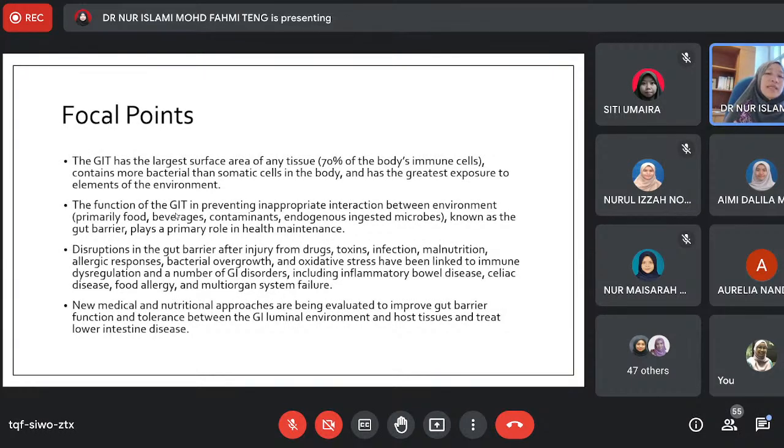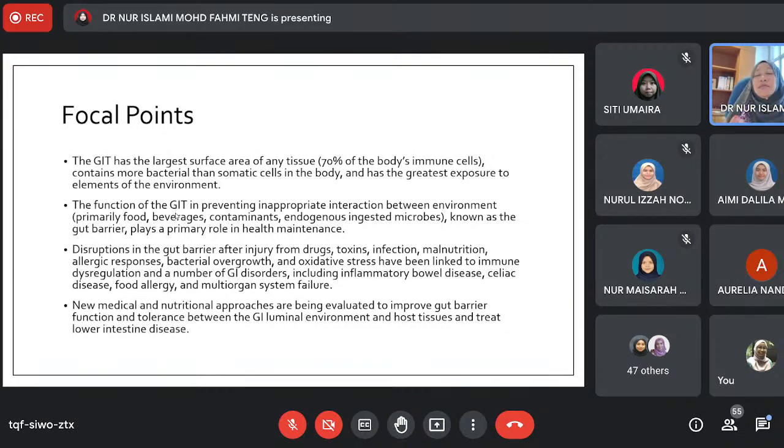So the new medical and nutritional approaches are being evaluated to improve gut barrier function and tolerance between the GI luminal environment and host tissue and treat lower intestine disease. Okay, so this is just a focal point. So my point is, what you should do is first tadi I minta student untuk baca pasal FODMAP